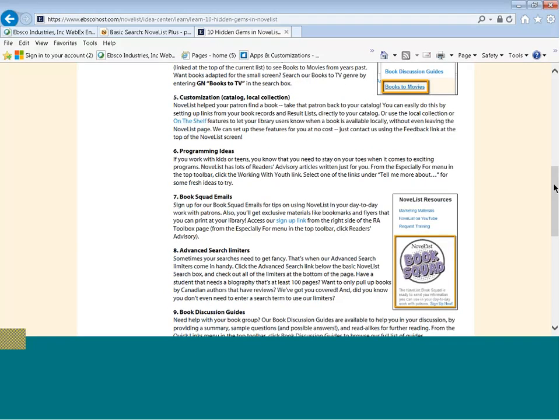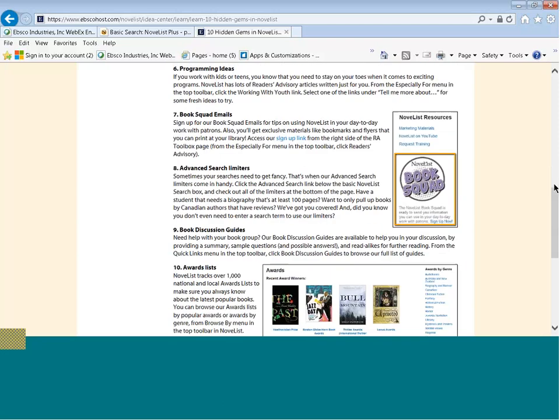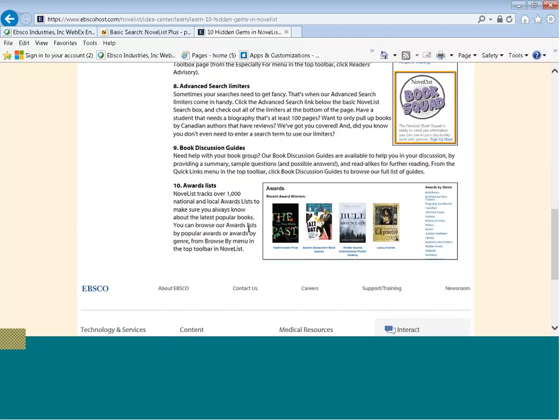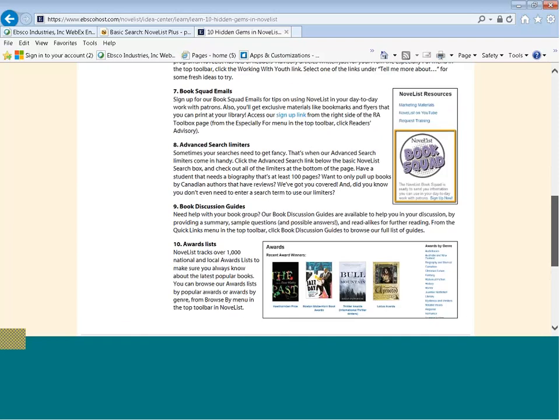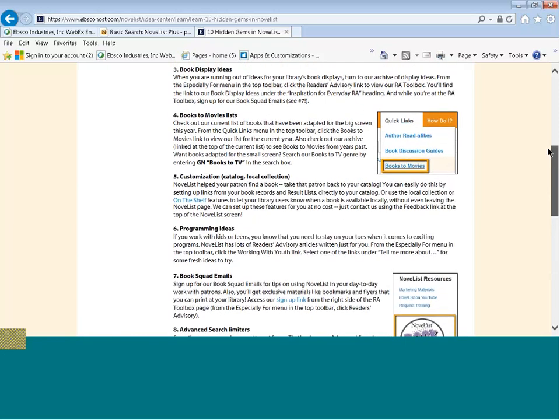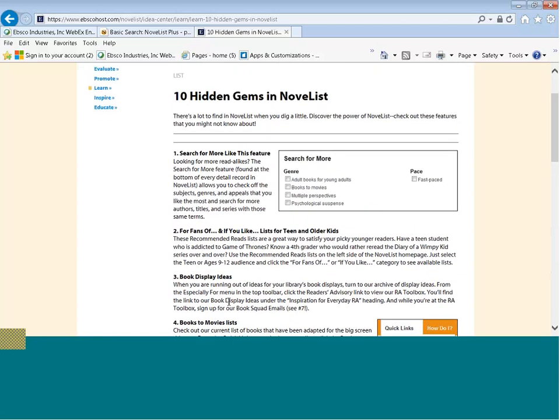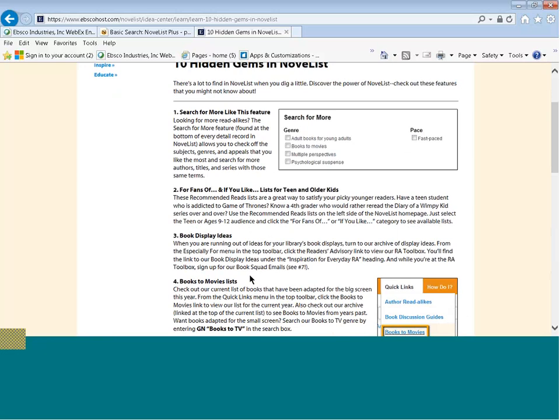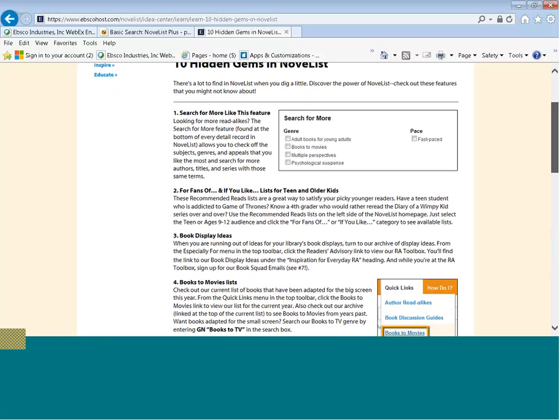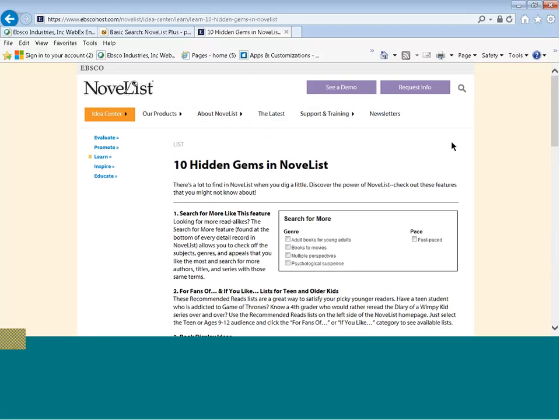But this is going to give you a variety of ways to use NoveList, whether it's awards lists for displays, serving book discussion groups, or maybe creating one, and not just entertaining, but offering book displays, which can be entertainment because readers are browsers, but using awards and book display ideas together to get those books off your back shelves into the hands of patrons and checking them out while being an interesting learning opportunity.